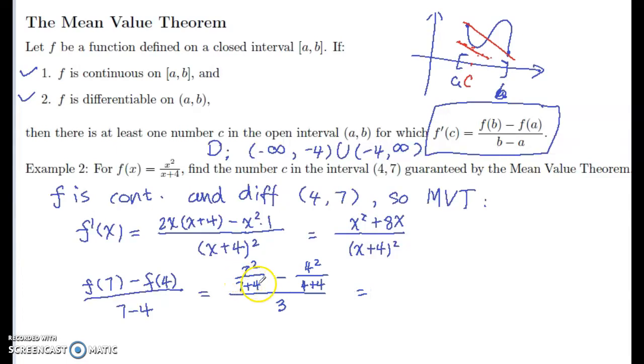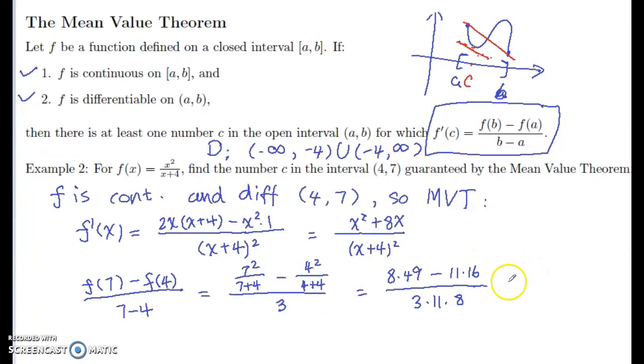So we know the denominator here is 11 and the denominator here is 8. So we multiply top and bottom by the common denominator, 11 times 8, so 88, right? So here we get 8 times 49 minus 11 times 16 divided by 3 times 11 times 8,